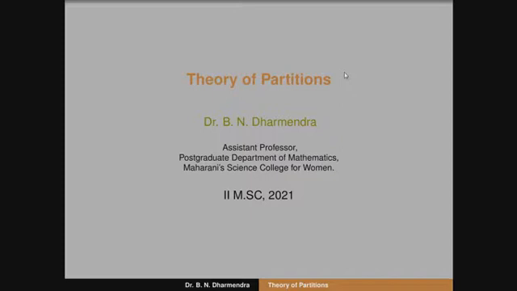In the previous class, we discussed what Ramanujan's theta function is and some elementary results on it. So now, what is the definition of Ramanujan's theta function in terms of an infinite series, and also by using the Jacobi triple product identity, so that the theta function can be written in terms of a product, that is, a triple product.